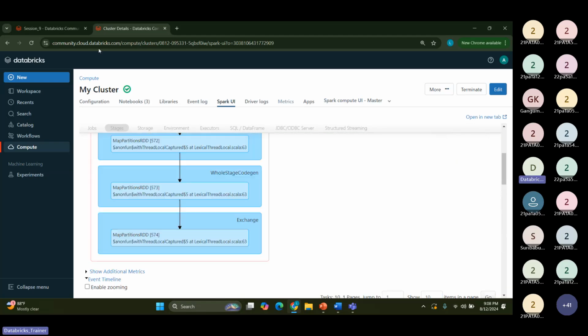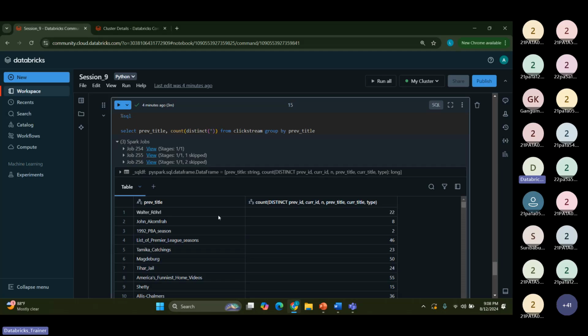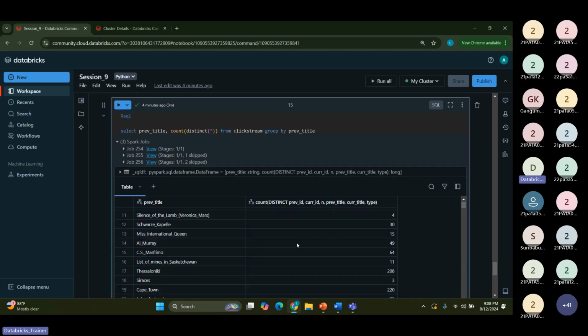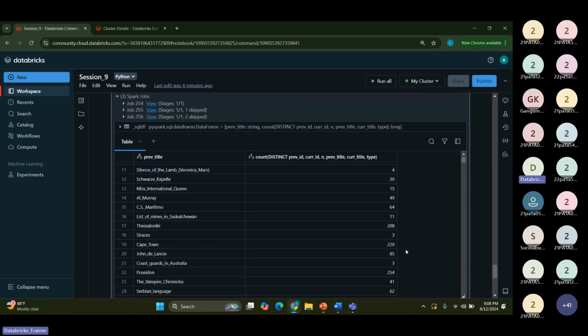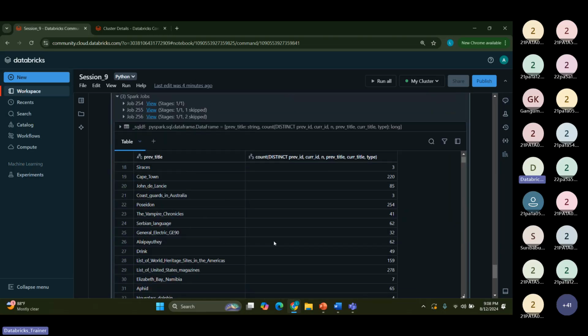So this is getting run. I hope it is run. See, this has been completed. So for each title, how many distinct IDs are there? I could see